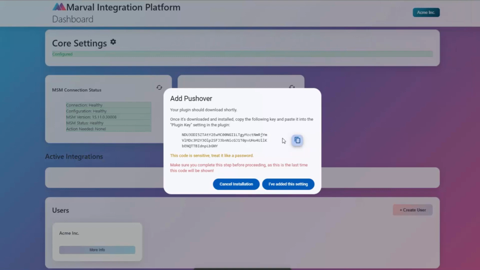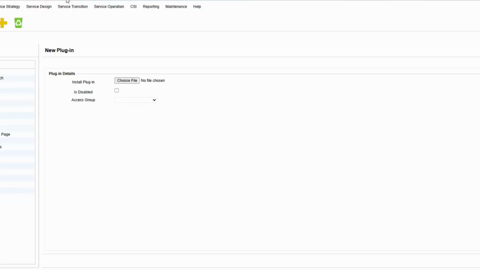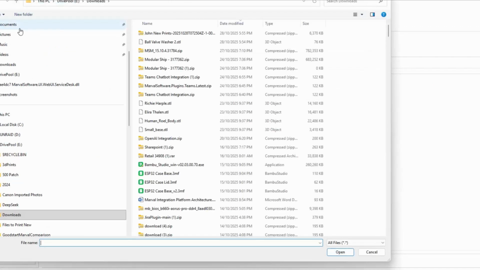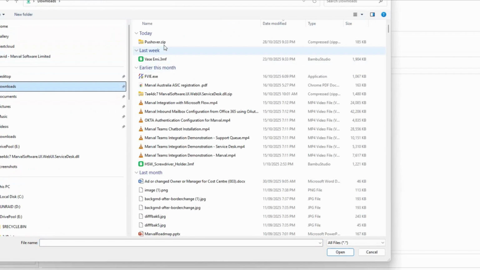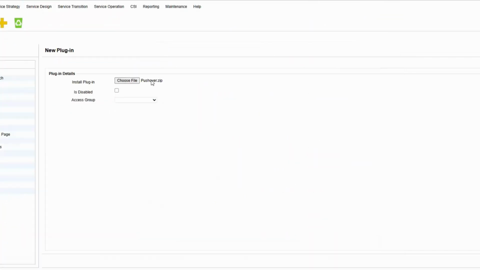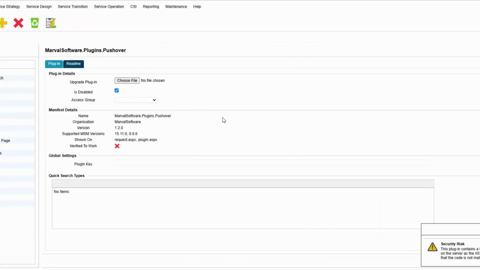So if I click the copy for the plugin key here, then I go to Plugins in Marval. This is through Maintenance System and then Plugins. And then on a new plugin, I can click on Choose File. Going to navigate to my Downloads folder, and then select the pushover.zip and then click Apply, and that will install